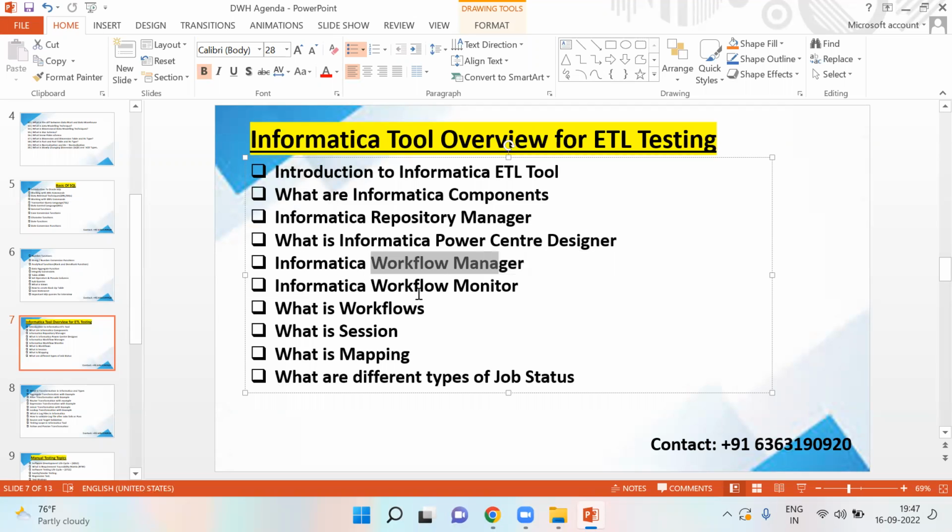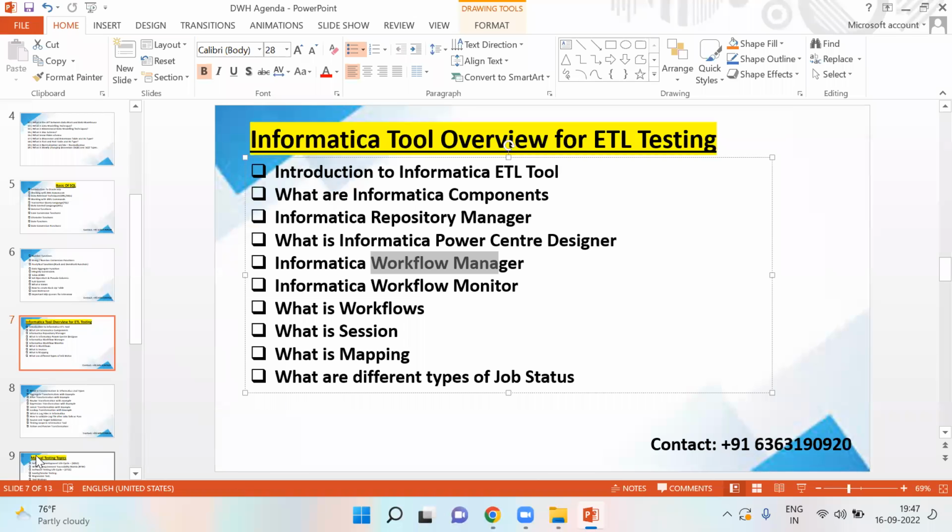Workflow Manager, Workflow Monitor, as well as the mappings I have created from the testing perspective. Mapping creation is really for the development perspective, so I'll share some development aspects also, so that if you get a chance to work as a developer after being placed in a company, you can try that. You should not be blank. You should have basic knowledge of development also, of how they develop all these things. I'll show you how I have created approximately 5 to 6 mappings from the development perspective, so that it will be very useful for you in the future.